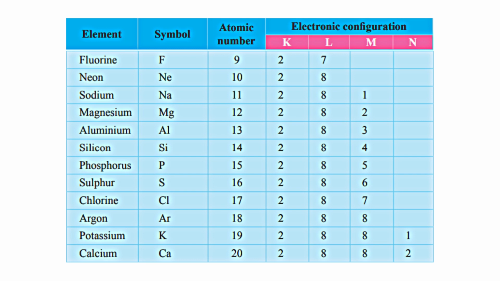Silicon 14: 2, 8, 4. Then phosphorus 15: 2, 8, 5. Sulfur 16: 2, 8, 6. Chlorine 17: 2, 8, 7. Argon 18: 2, 8, 8. Potassium 19: 2, 8, 8, 1. Calcium 20: 2, 8, 8, 2. So I hope you have understood up to now, and we have come to the end